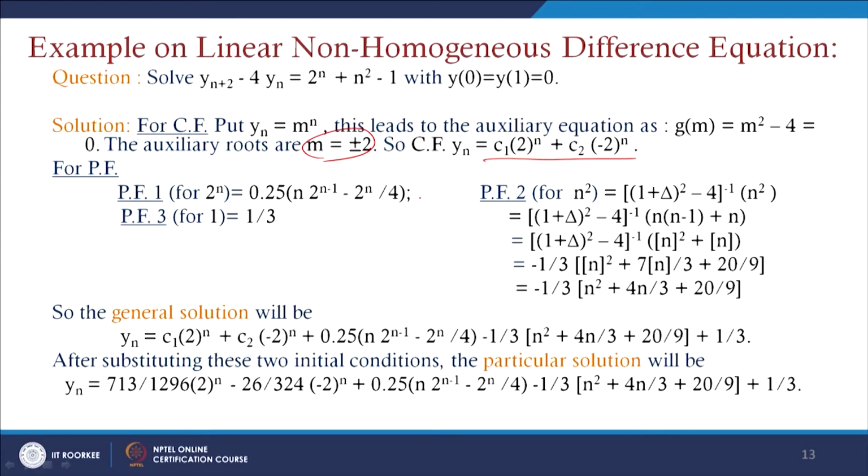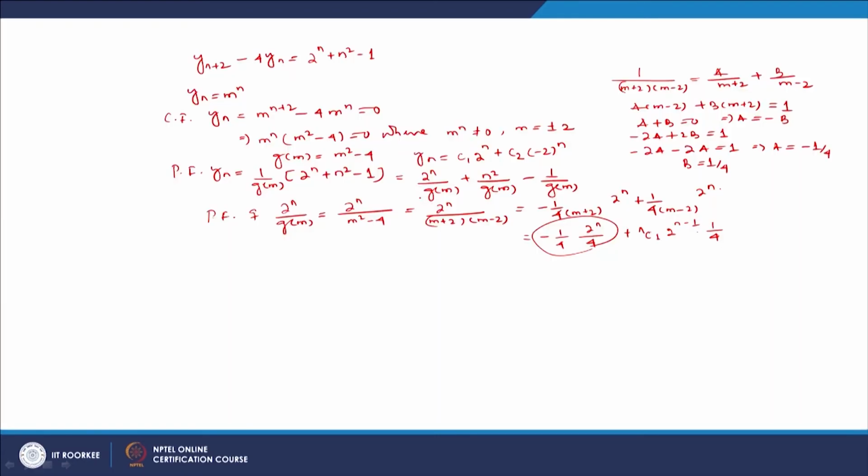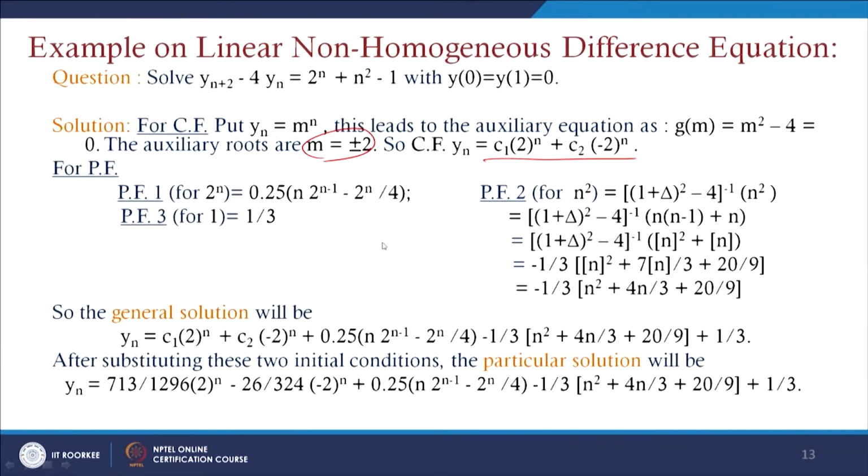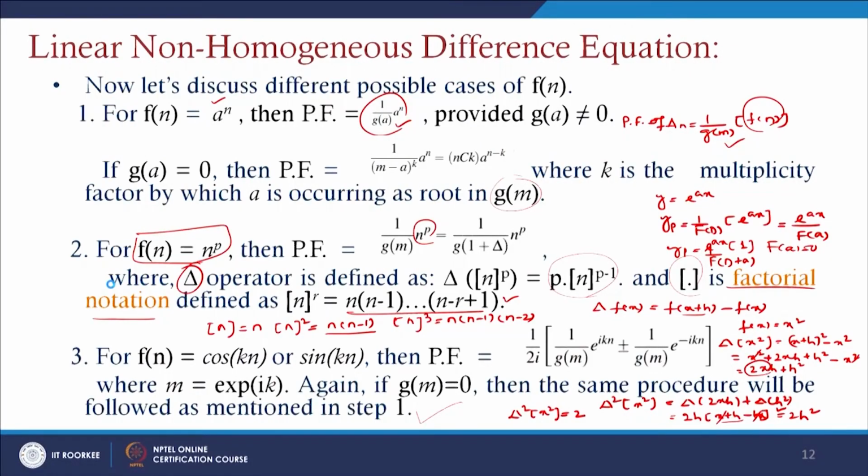Next part is that if you will just see here, the first part is over. So, the next part is the particular function of n square by g of m. So, if you will just see here, this is written in the form of n square by g of m is n square minus 4, and which is nothing but, if you will just see our previous slide here, this is just taking the form if f of n equals n to the power p, then the particular function of 1 by g of m, n to the power p, can be written as 1 by g of (1 plus delta) into n to the power p. So, directly we can just write there as